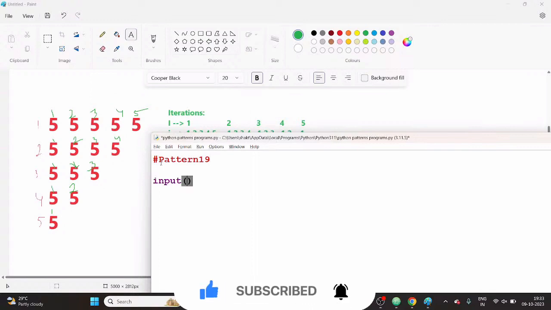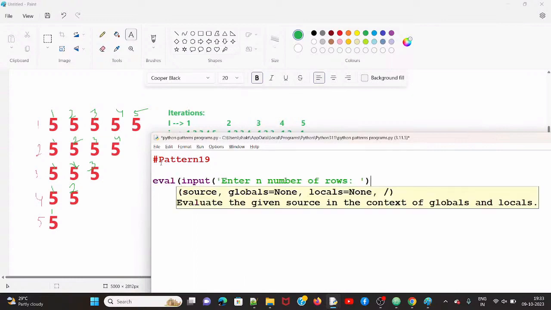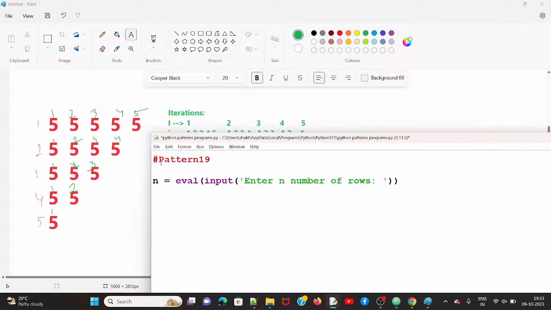Same input of enter n number of rows, then we take eval here, then n equal to that. for i in range of 1 comma n plus 1, then for j in range of, tell me, guys, now what we do now. So tell me here, same starting with 1, and first I'll take n plus 2,